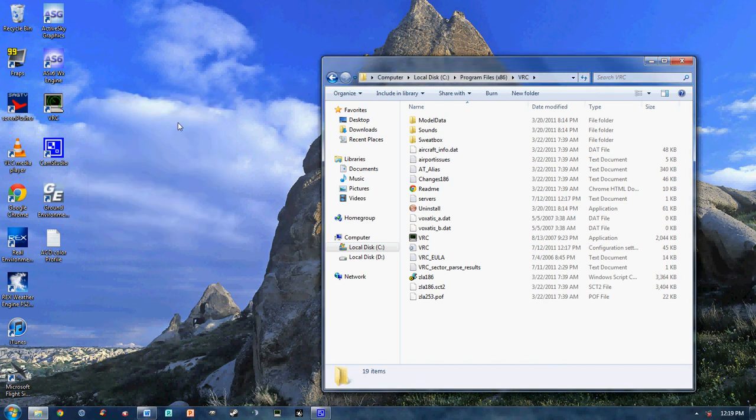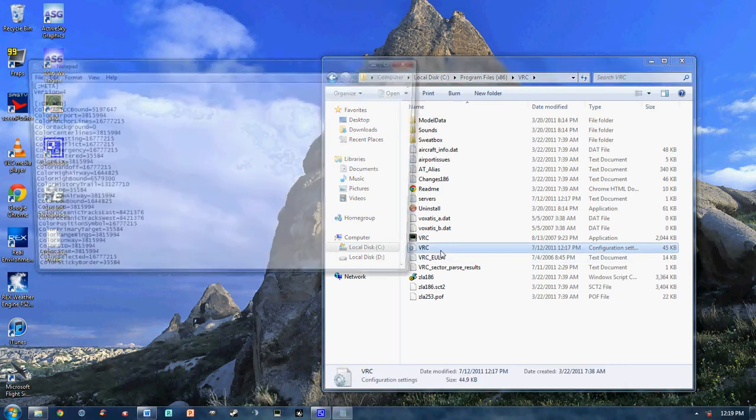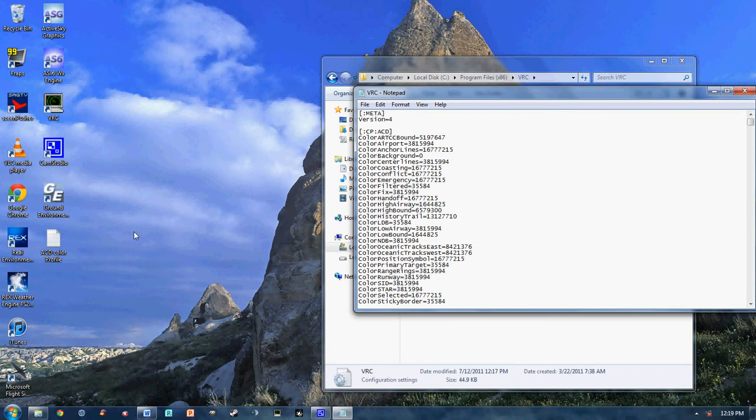In this short tutorial, we'll be setting up the L30 scope with the ACD color profile for the new ZLA approach student. First thing you want to do is navigate to your VRC folder, generally located within local disk C, program files, VRC. Once inside, open your VRC configuration file, and at the same time open your ACD color profile